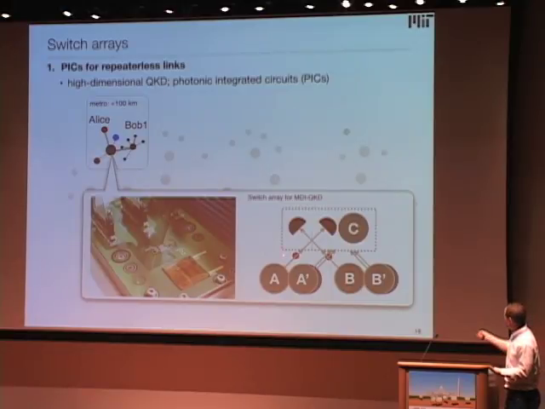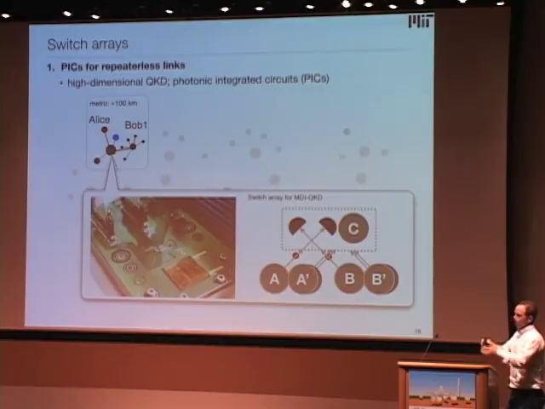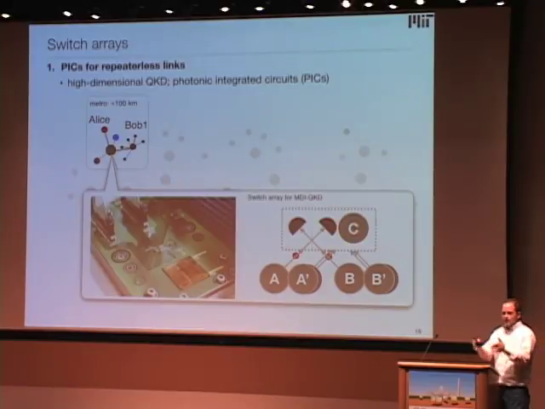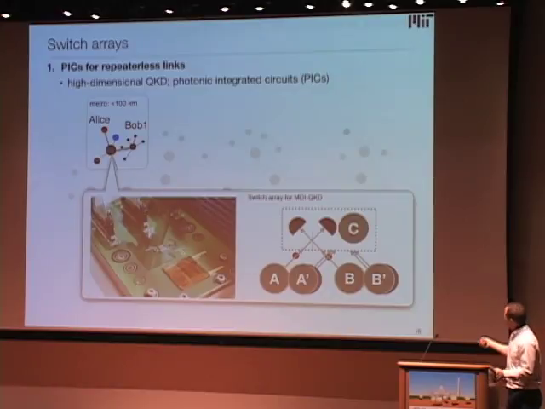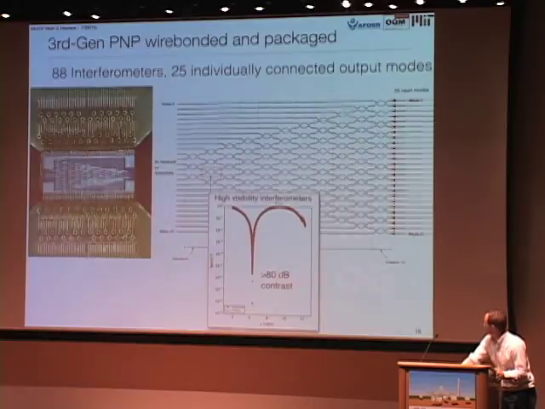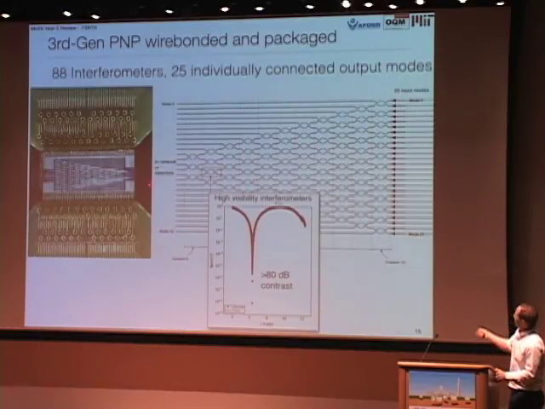switches. So, for example, for measurement device independent QKD, you probably have many participants who want to have Charlie make Bell state measurements on their transmissions going to Charlie, but you have to navigate many different users of the network. And so one way you can do that is using these photonic routing circuits. And I've already talked about them briefly, so here's a little bit more depth of what they look like. Here's a wire bonded chip.